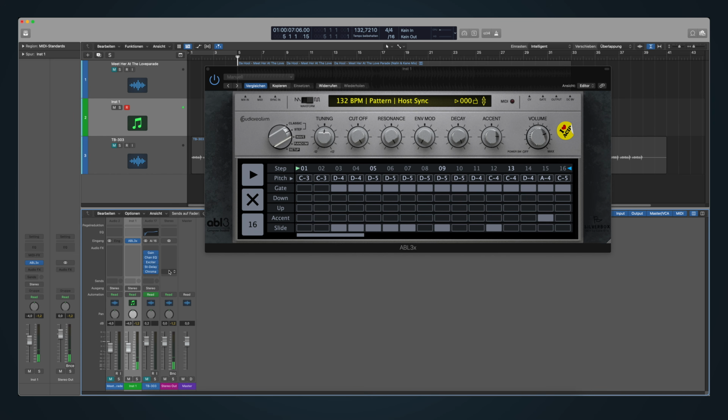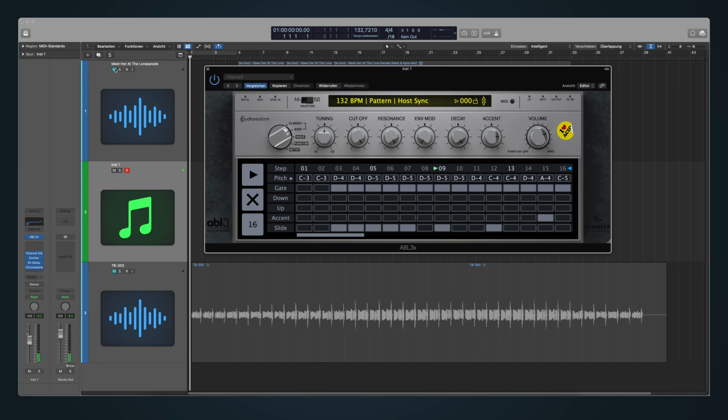Then I simply copy the effects from my 303 track to the ABL track. Finally, let's listen to the pattern again with the samples from the original.